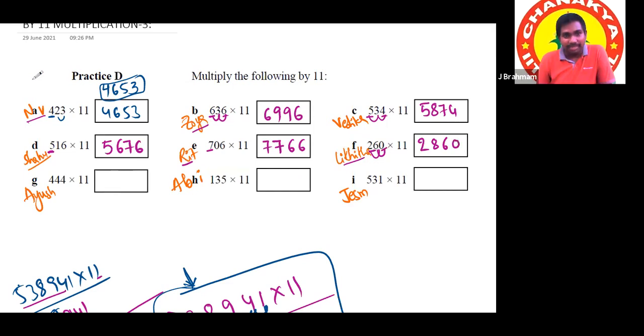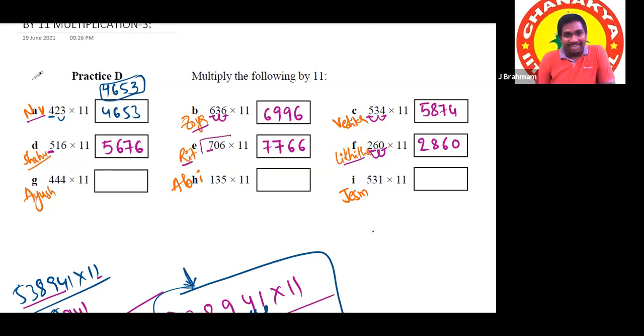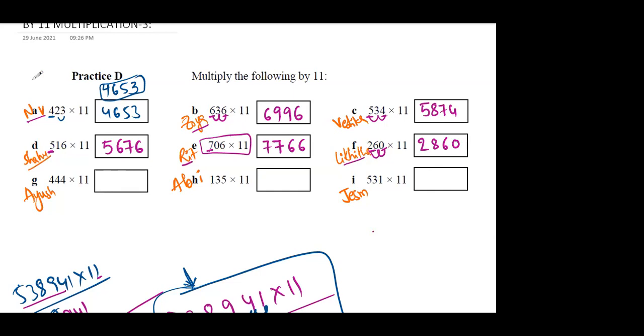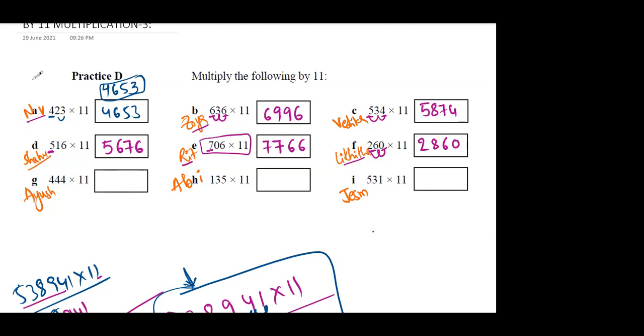Sir, one more thing which we can conclude. If the numbers are 3 digits and the middle digit is 0, then we can multiply the starting digit by 11 and the end digit by 11 and skip the 0. Yeah, we have that exercise also. Sir, any method is fine.